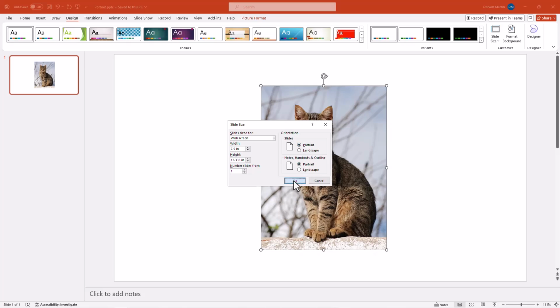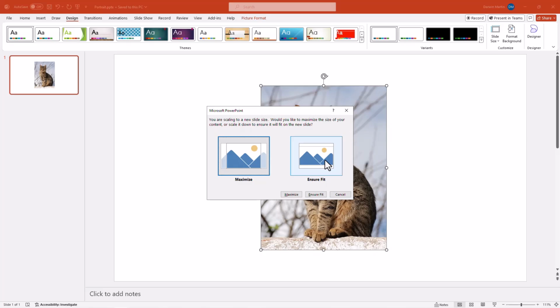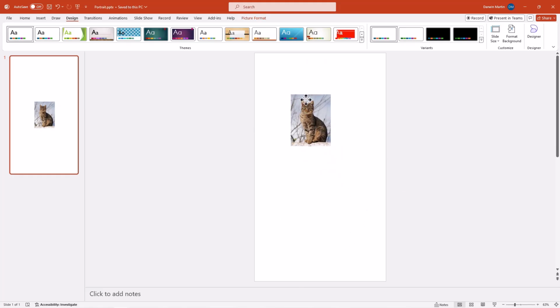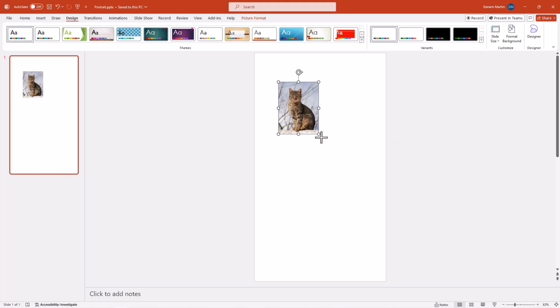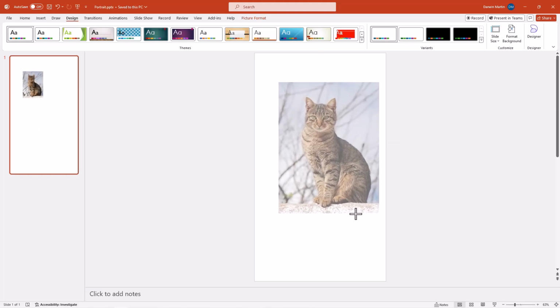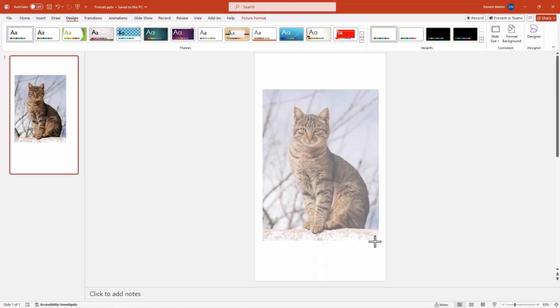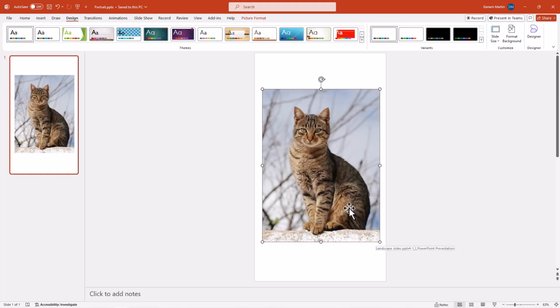So I click OK, and I'm going to ensure fit. Now, your slide has gone to a portrait position. I can actually readjust my object, in this case a picture that I want to present on this particular slide. Okay, so now that is how you would change a slide orientation from a